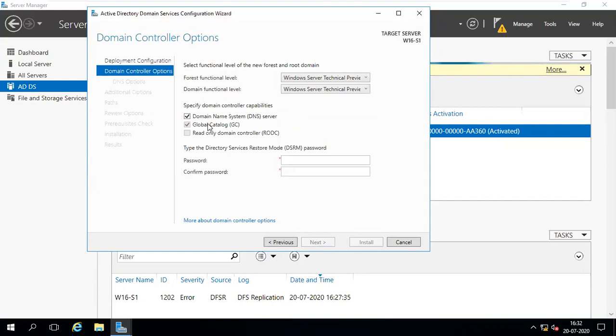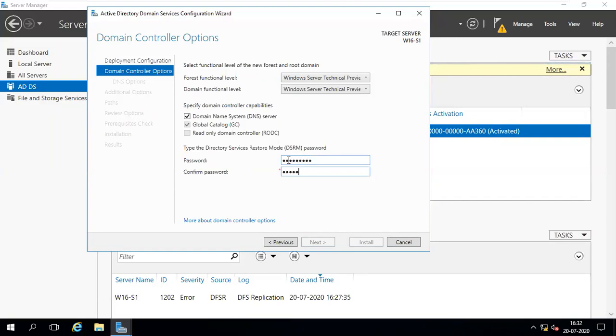So, itself it is a global catalog server. It is great, we cannot change anything, but this is a DNS server. I don't have any separate DNS server. I want to install the DNS server also here, so the check mark is there. And I'm giving a password here. This is the Active Directory database recovery password.